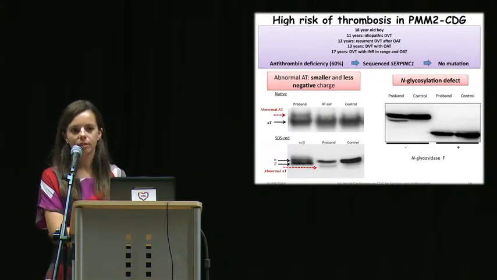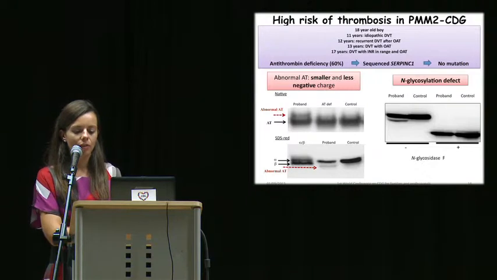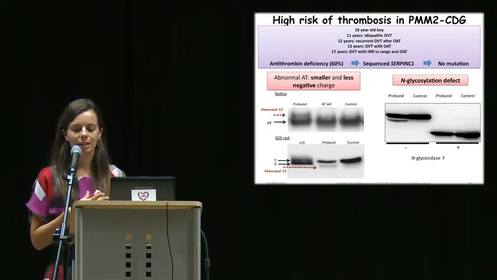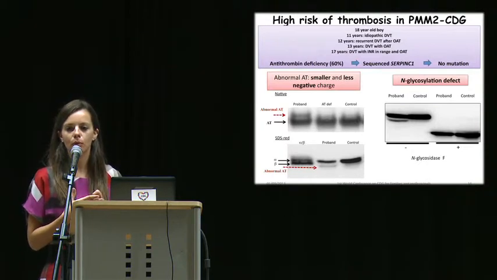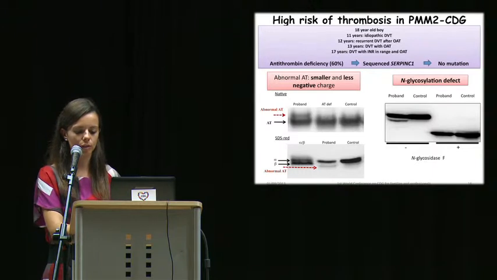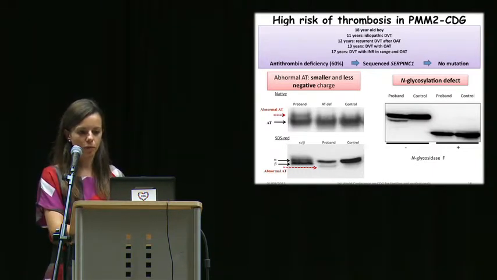As Javier has already mentioned, we think that these patients have mainly a high risk of thrombosis. And why do we think that? First of all, I'm going to introduce our group a little bit. Our group studies people who have suffered any thrombotic event and who also have antithrombin deficiency, the main anticoagulant that we have also observed before.